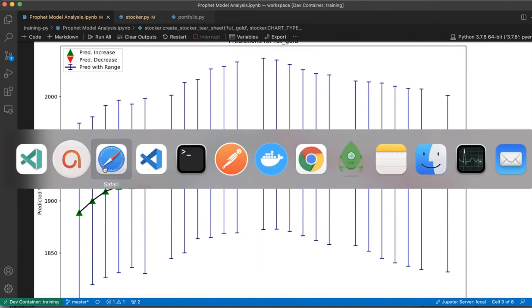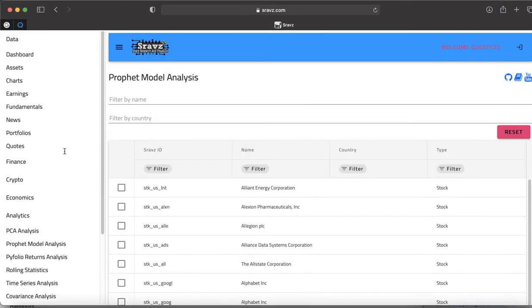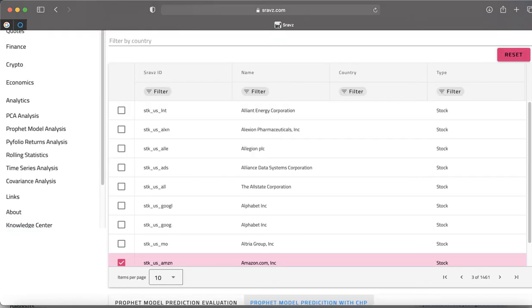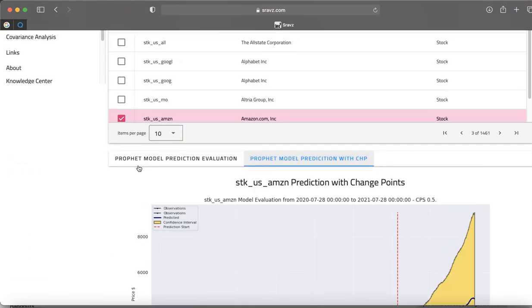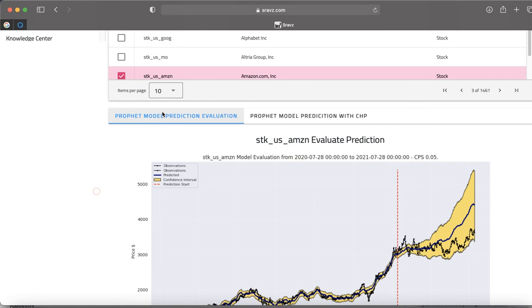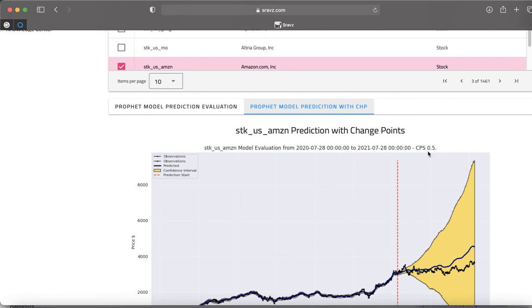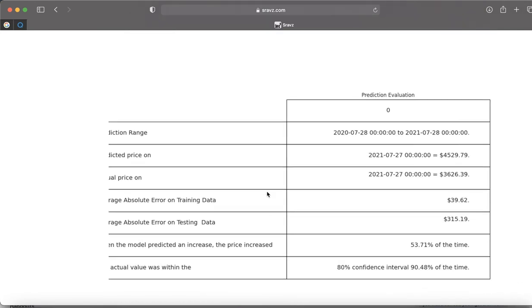On the Sravz platform, you could run Prophet model analysis by clicking on the Prophet model link here and selecting any asset, and then the Prophet model analysis is displayed in the tabs here. For example, we did a Prophet model prediction evaluation at change point 0.05. We used a higher change point to run the prediction, and if you see here,